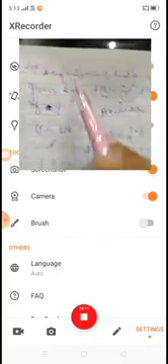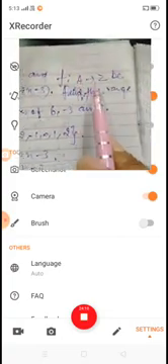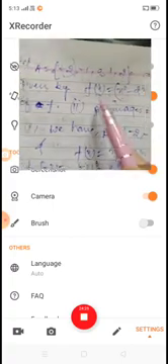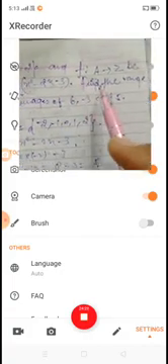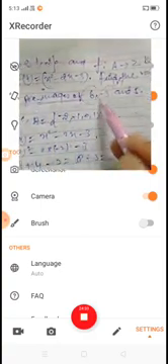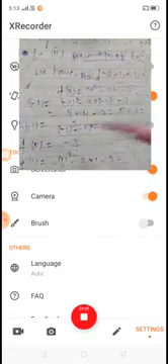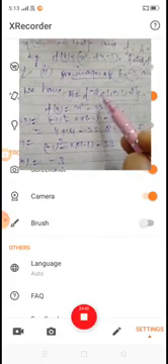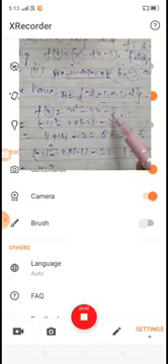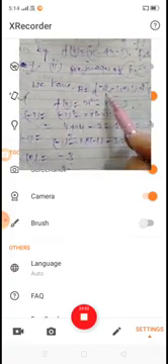Here your question is, let A be the given set and f is a function from A to Z, where Z is the set of all integers, given by f of x is equal to x square minus 2x minus 3. Find the range of function f, and also find the pre-image of 6, minus 3 and 5. First of all, you write the given set and find the corresponding value of each of the elements of A. f of x is defined by x square minus 2x minus 3, so you find the corresponding value of each element of A.